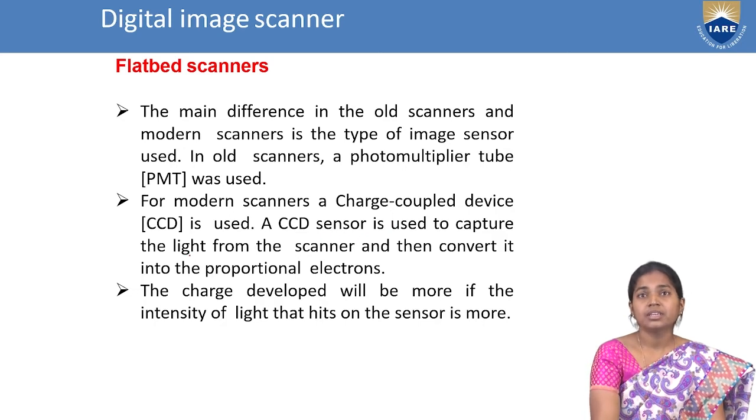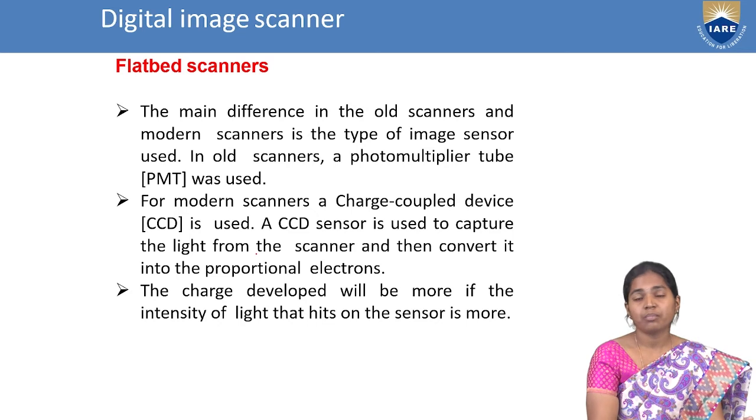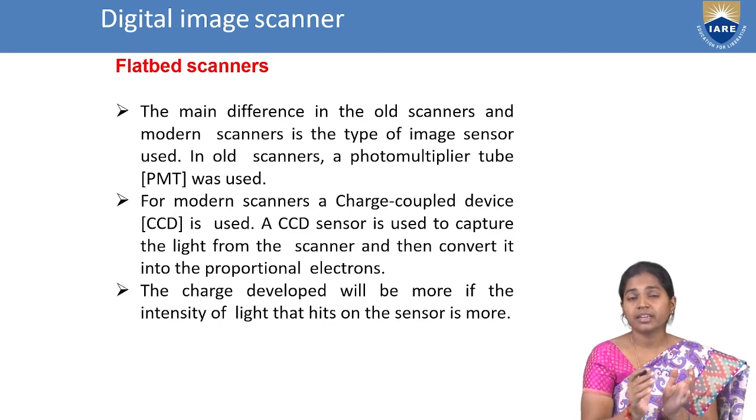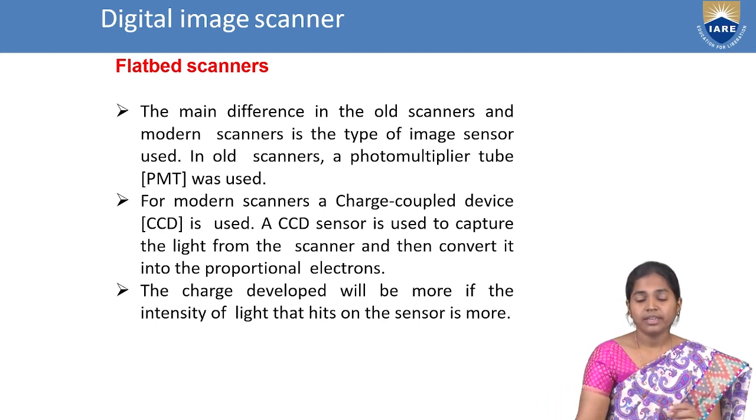Nowadays we are using charge coupled device. With the use of this charge coupled device, it gives the maximum output voltage, because in this we are using an array of sensors. So a number of sensors are arranged in a matrix that is placed in our scanners. When maximum light energy falls on that sensor, it gives the maximum proportional output voltage. Then with the use of this charge coupled device CCD array, it gives the proper output,